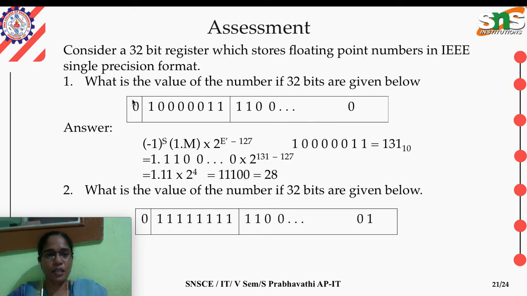Since the sign bit is 0, it is positive, then implicit 1 dot this mantissa into 2 to the power this value. This value is nothing but 131 minus 127. So that's nothing but this one. Similarly, you do this for this exercise. Here it is all ones, and you have to refer to the table which I gave you already. So it's quite different from this one. I gave a clue: here it is all ones. Work out what that number is.